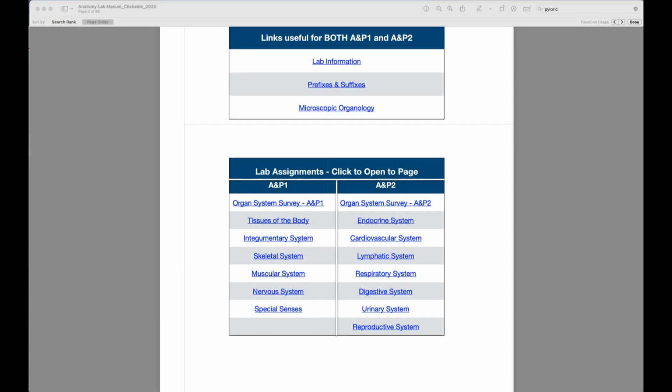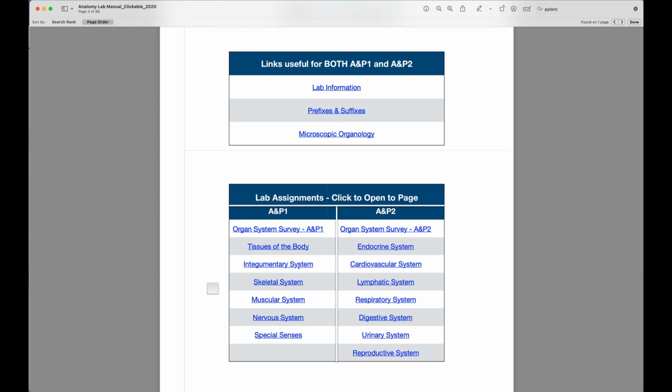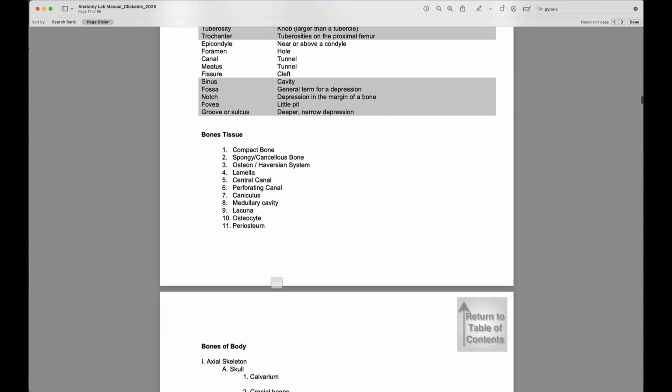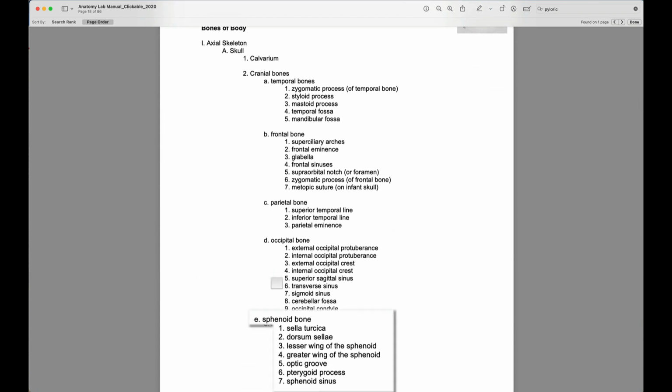We always begin with the downloadable Temple College lab book so you know what you're responsible for on any organ system. For example, if you click the lymphatic system, you see you only have one page of structures you must learn. If you open the skeletal system, you'll find you have several pages of structures to learn. We'll pause here on bones of the skull, and in particular the sphenoid bone, so I can show you a